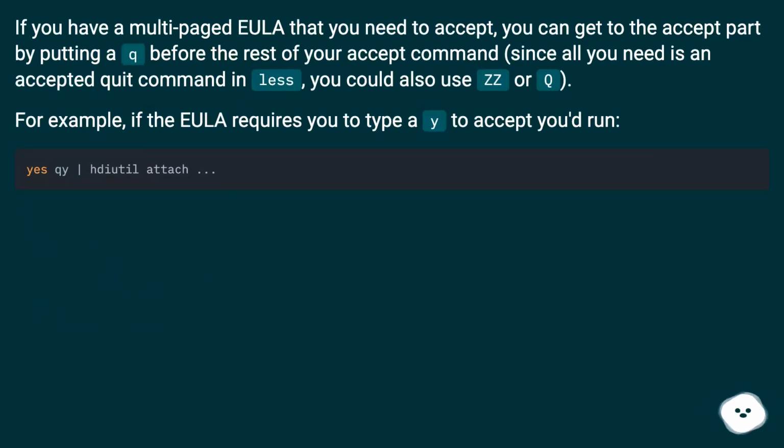If you have a multi-page EULA that you need to accept, you can get to the accept part by putting a q before the rest of your accept command, since all you need is a quit command in less. You could also use ZZ or q. For example, if the EULA requires you to type a Y to accept, you'd run